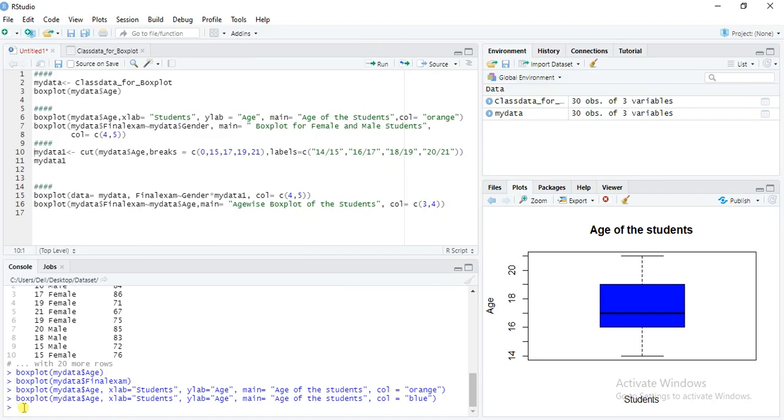Now I will do it for final exam and gender also.